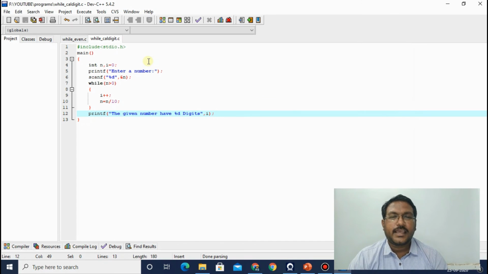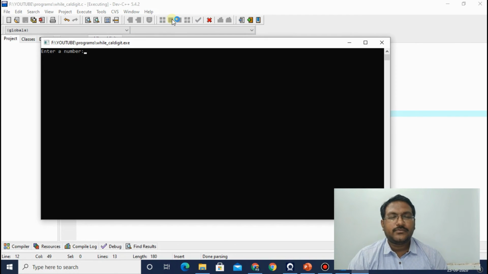Press enter. Let us run again and give some bigger number. Let us give a number which contains 8 to 9 digits. Fine. Let us give 2, 3, 5, 6, 4, 9, 8, 7, 1, 0, 2, 5. And see whether the program is able to calculate the number of digits or not.